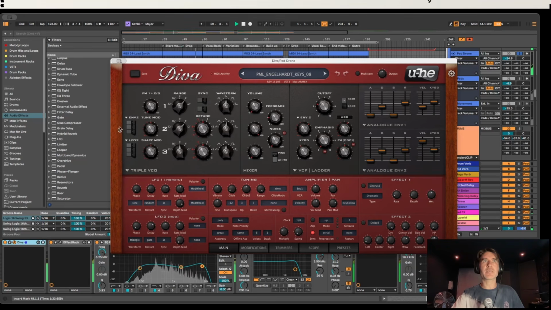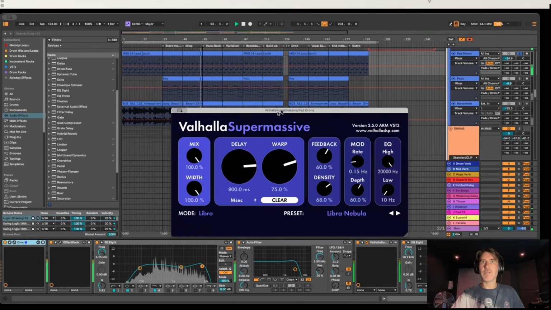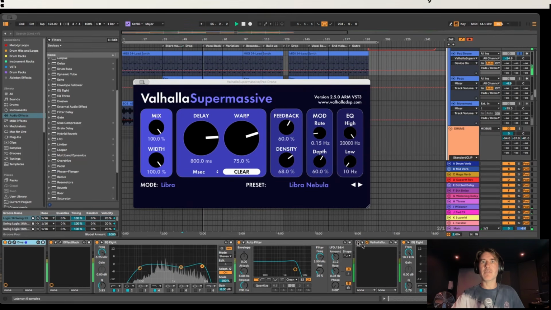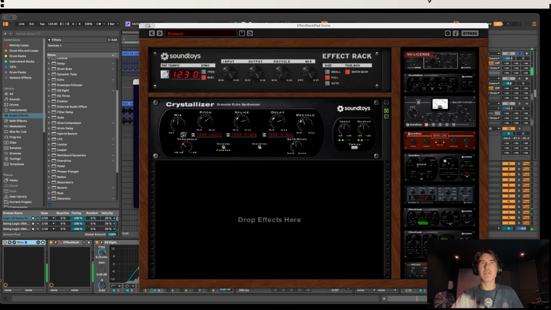It's really nice. But what you can hear on all of this is a load of Valhalla Supermassive. So it's really massive reverbs. So that's what it actually sounds like. You know, there's a bit of EQing. There's a bit of, I've run it through Crystallizer. You don't need to do that. That's just to add a bit of interest. If I switch Crystallizer off,